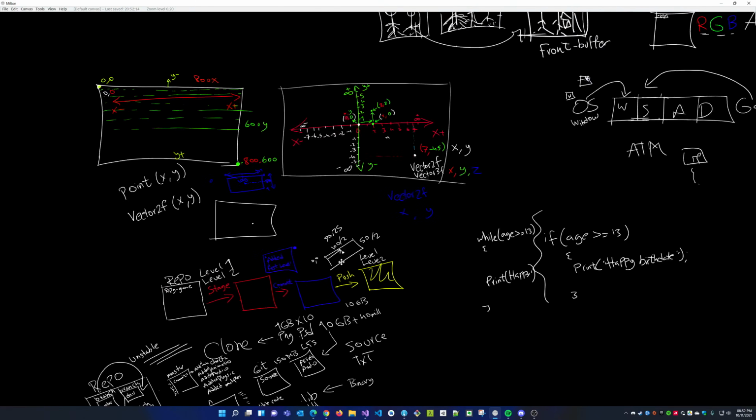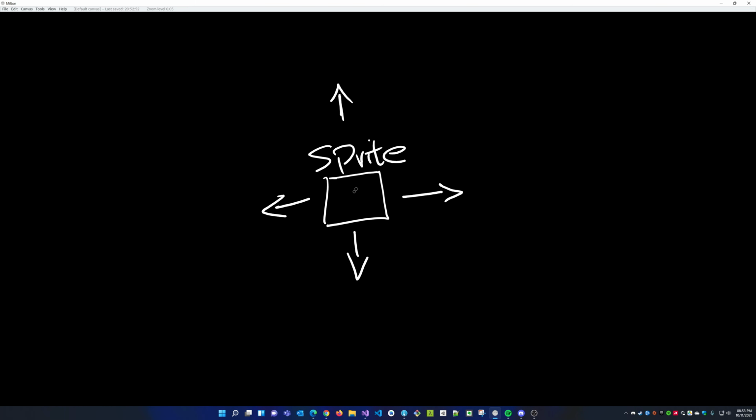All right, so here's what we're gonna do today. Today is a very exciting day. Today we're gonna jump into SFML and do more advanced things. What I want to do today is draw a sprite on my screen and move it with my keyboard. So W to move forward, S is down, A, and D. So move it in all directions. Also move it diagonally.